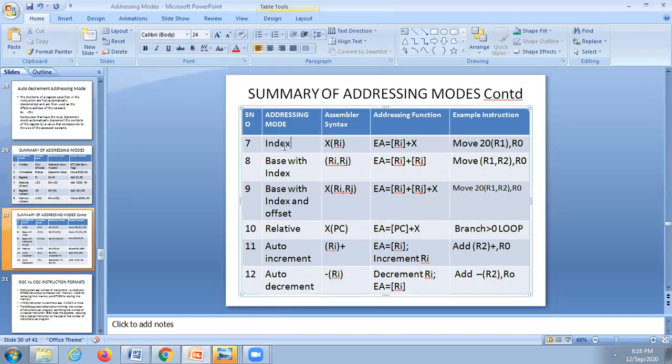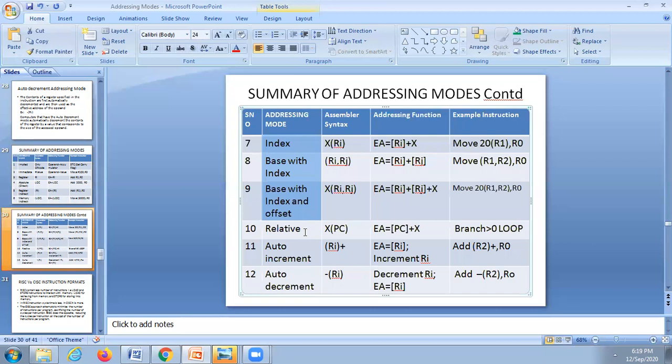Then here there are 2 categories. The first 4 are index addressing mode, base with index, base with index and offset, and relative addressing mode. Actually these 3 come under index addressing mode, and relative addressing mode is a different one, but it also uses the same concept.